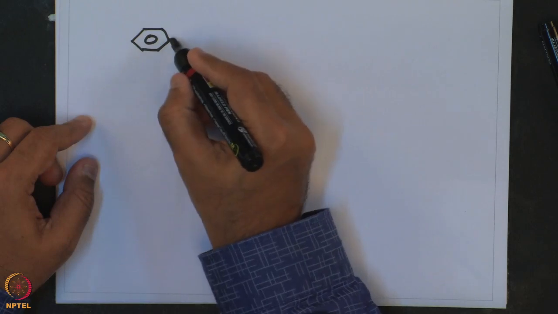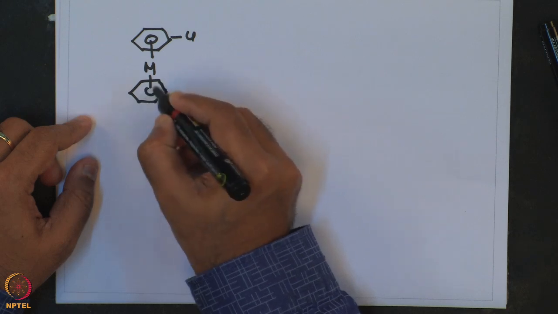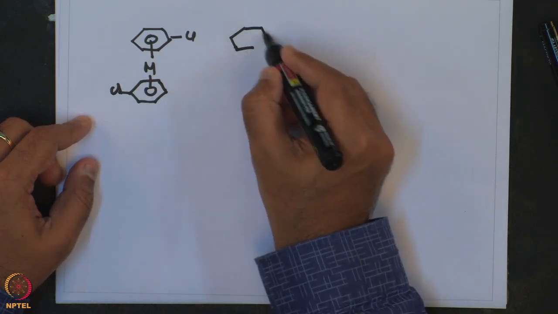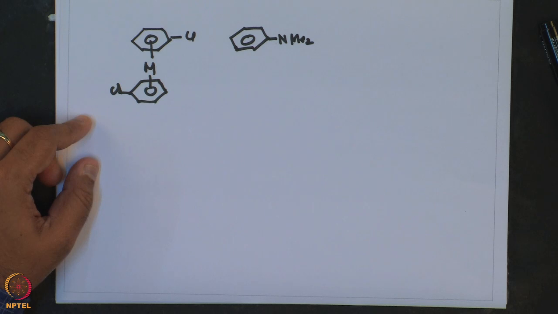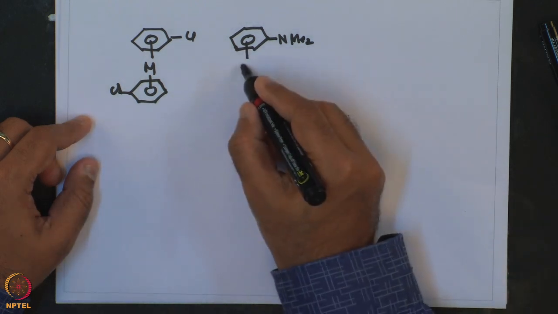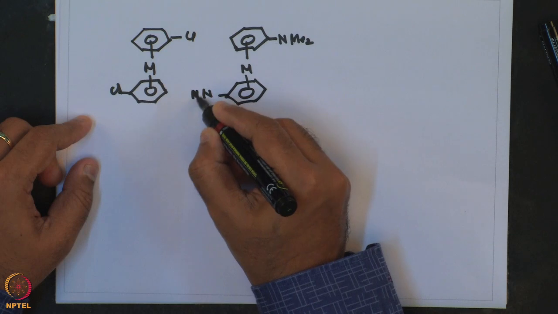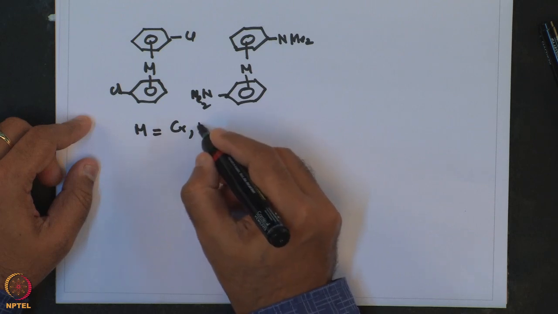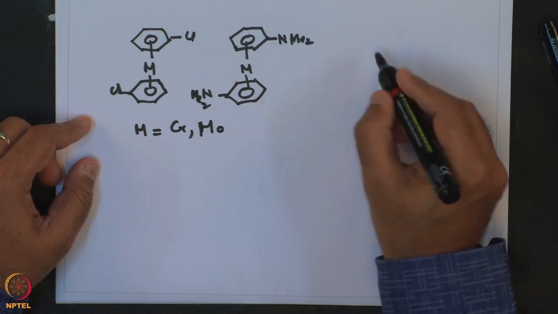For example, the halide complexes like this, or the amide complexes like this, here the metal is chromium and molybdenum. Similarly, sandwich cyclophane type compounds,